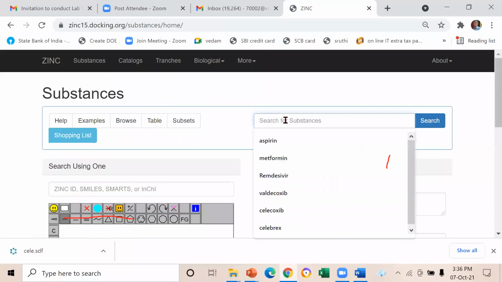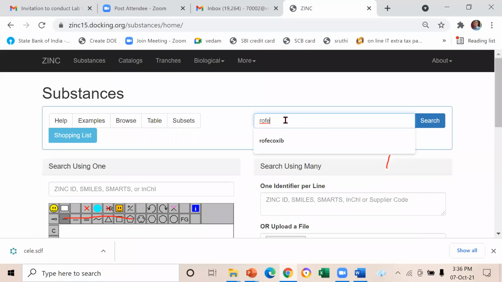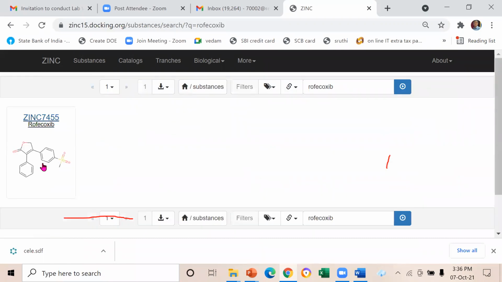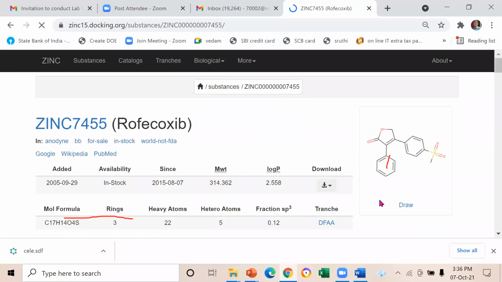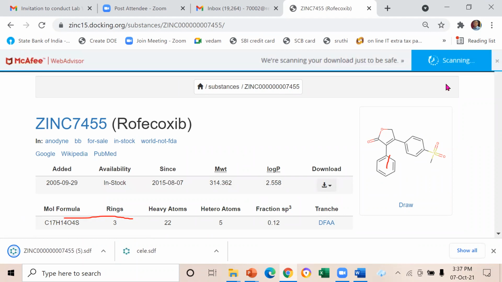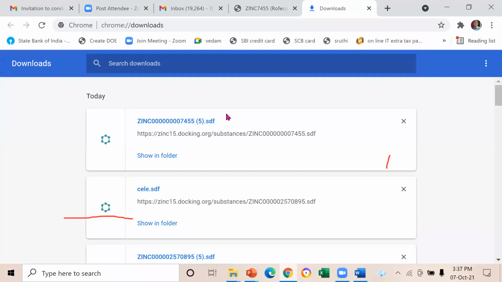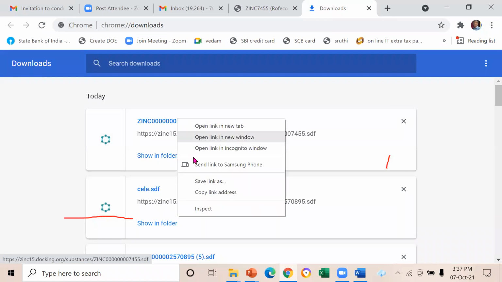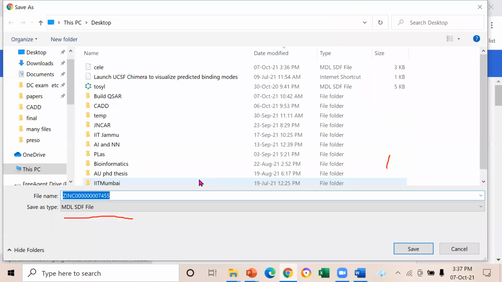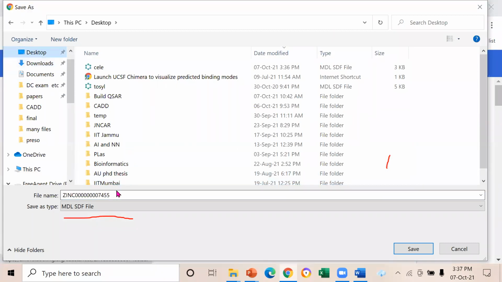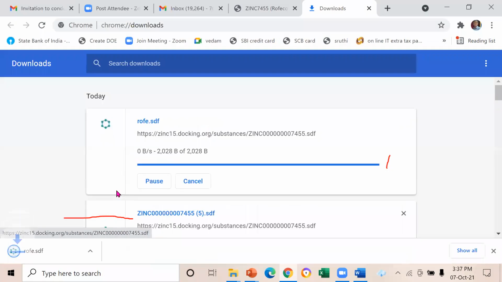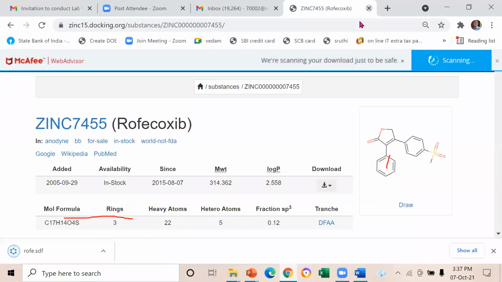I hope yesterday you have been using ZINC well, so you must be conversant with that, right? All of you, I hope you have used. Rofecoxib is also there. I hope you are quite conversant with ZINC and the SwissADME and all. So rofecoxib also I will download. SDF format coming out. Okay, I will save it on the desktop. Okay, I've saved it. Next is